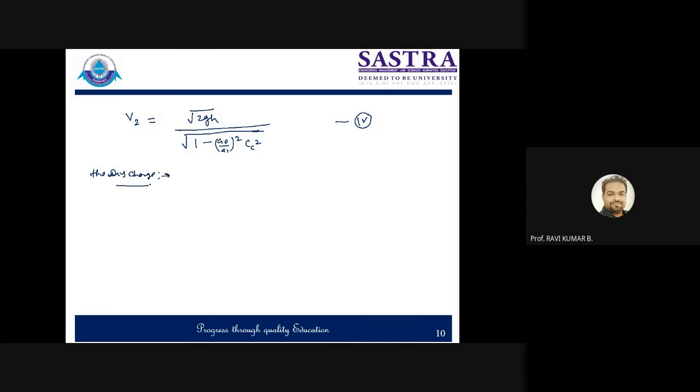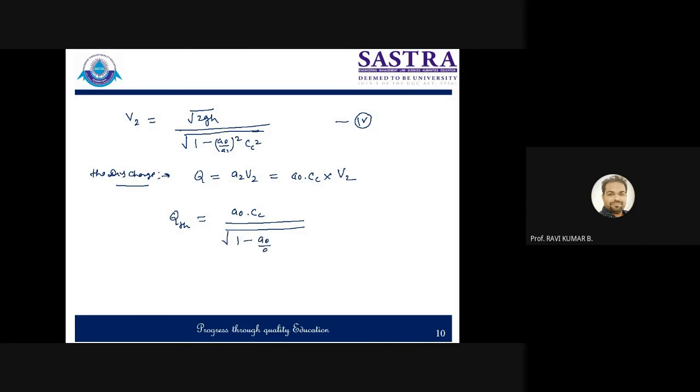When you are finding out the discharge, we are finding the discharge at section 2. So Q is equal to A2 into V2. V2 is here, and A2 we already know in terms of A naught, so we can say A naught into Cc into V2. This entire equation will come here in place of V2. So we can say Q theoretical, this is theoretical we are finding out, will become A naught Cc divided by under root this entire term.